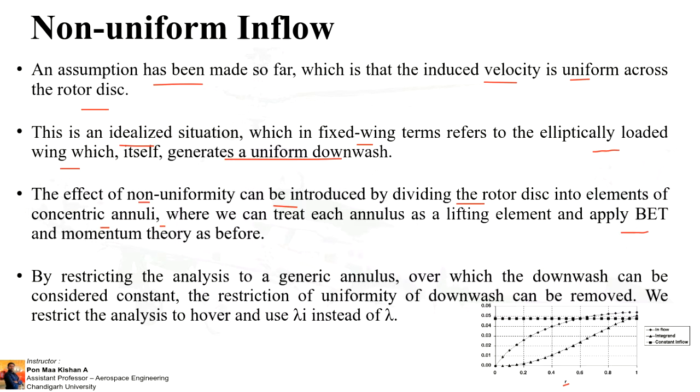We integrated that from the blade root to the tip. In order to identify the non-uniformity, we have to divide further into each section and find the values with respect to each and every elemental area, and apply blade element theory and momentum theory as before. When we split each region and find the inflow, we can use that for finding the thrust equation with blade element theory and momentum theory. The same is given over here in the image, which is what I have explained.